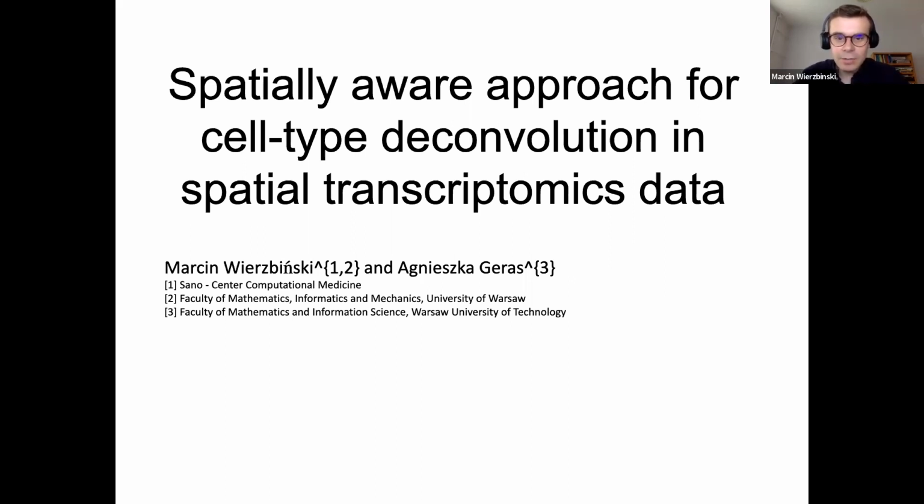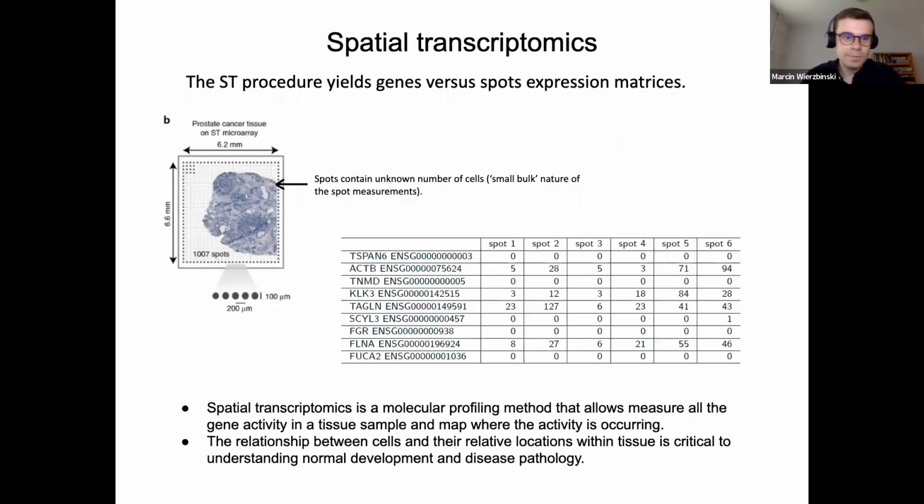In this presentation, I will present the results from the work on the spatial inference of cell type decomposition. The important thing is that this presentation is in collaboration with Agnieszka Geras, who is the author of Celloscope. I will present more. So the challenge for scientists from bioinformatics is determining the spatial arrangement of different cell